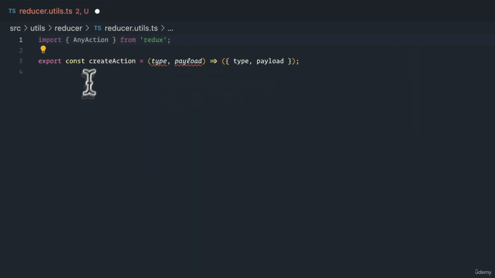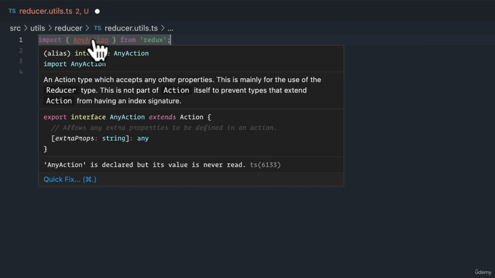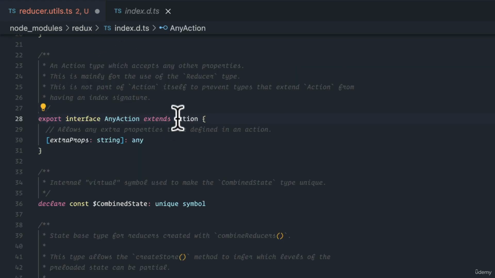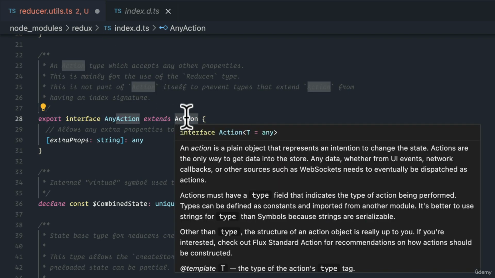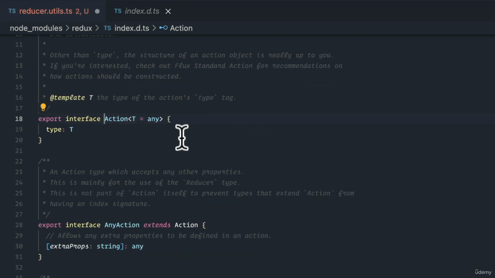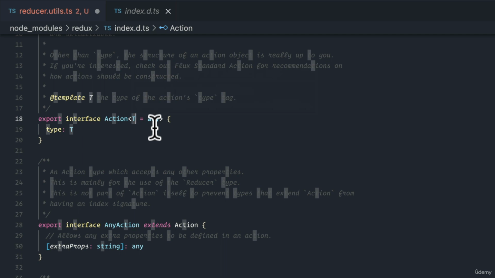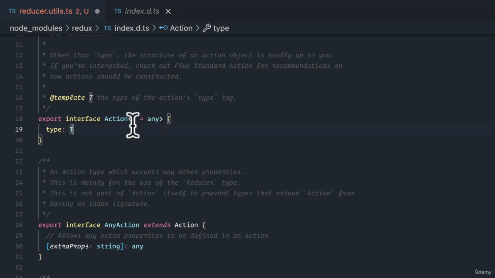The anyAction type is essentially an interface that extends upon this action type. The action type is just an action interface that has this generic T. This T can be anything. But the idea here is that this T is going to go to some type value. Now, when we go back to that anyAction